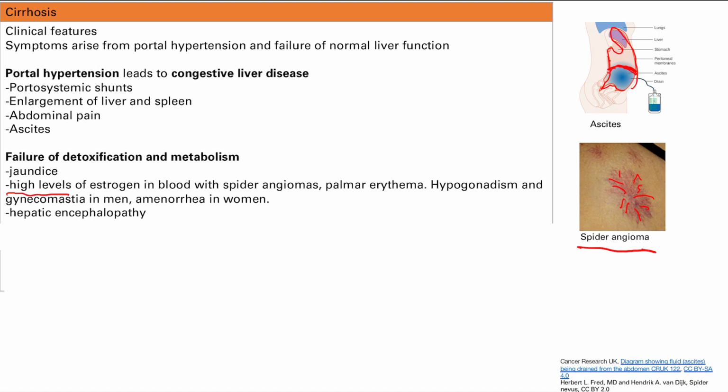It's mental status changes, and you have something called asterixis. That's the flappy birds thing, where you move the hand and it looks like flappy wings. Hepatic encephalopathy arises due to buildup of ammonia. Normally the liver takes ammonia and converts it into urea for excretion. But if the liver is not working well, you're not having this conversion, so ammonia just hangs out in your blood, builds up, and causes problems in your brain.